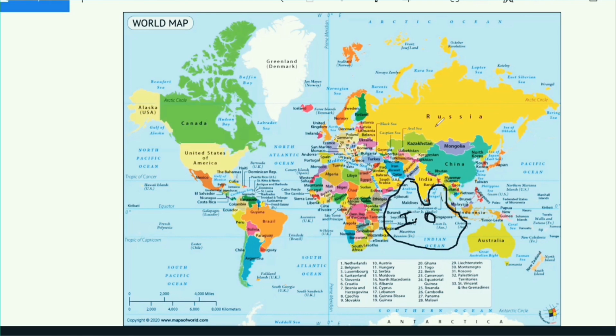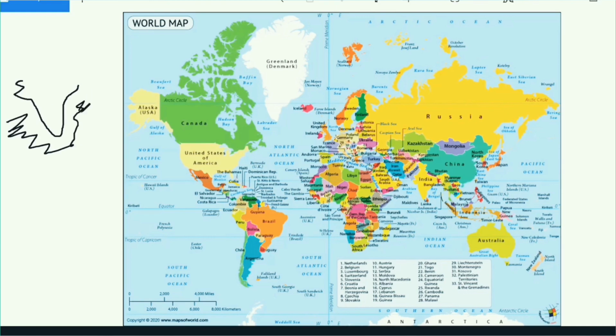That is because India has its connection with several other countries and also, can you see, this is the peninsular part of India. This is the peninsular part of India. Now, what do you mean by peninsula? If you talk about India, what do you mean by peninsula? A landmass which is covered by ocean on its 3 sides.